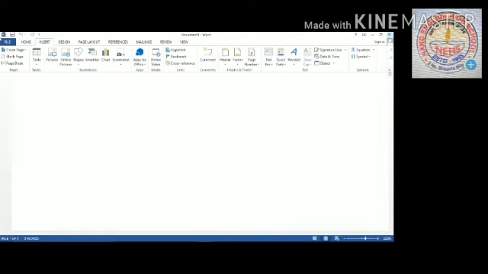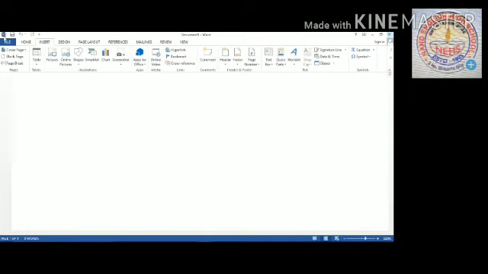Okay, it contains buttons for the most commonly used commands. What are the most commonly used commands? Like open, close, save as, new, etc. Okay, it is a customizable toolbar, meaning you can add or remove buttons from this toolbar.